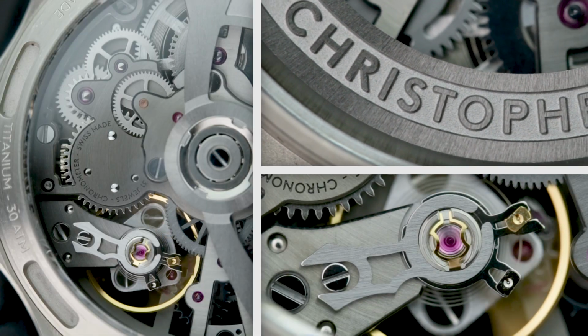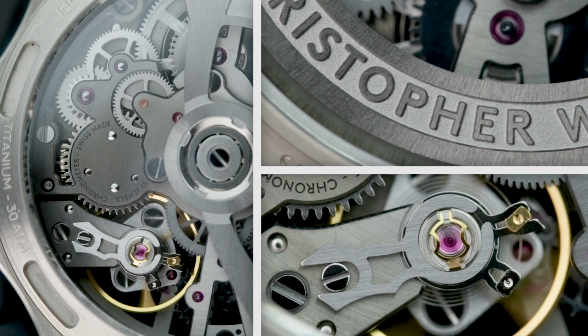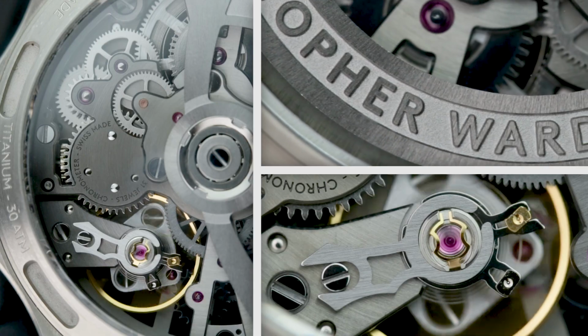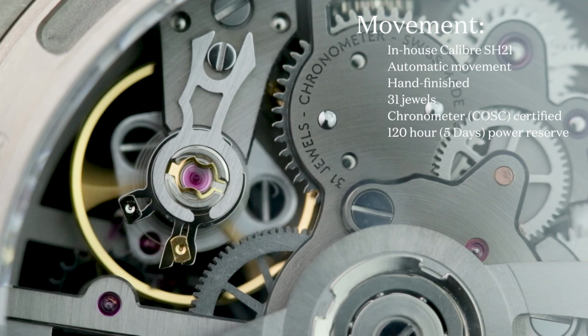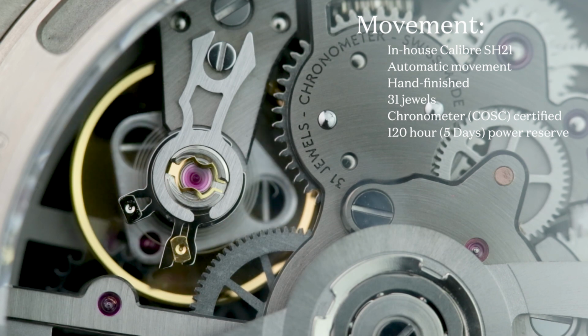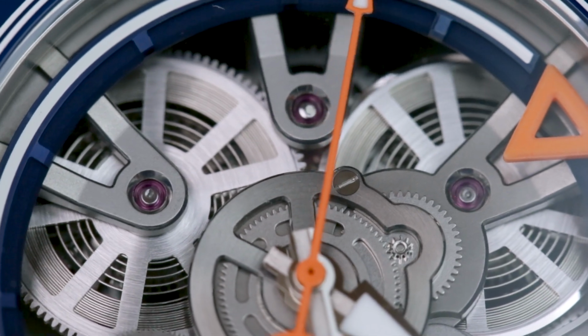At the core of the C60 concept is the SH21, a movement designed and assembled by Christopher Ward. For a company that made their name flipping third-party movements, that's a big deal. What's even bigger though is the power reserve, a whopping 120 hours or 5 days, whichever way you care to look at it. That power comes from 2 barrels instead of the usual one, something that you just don't see